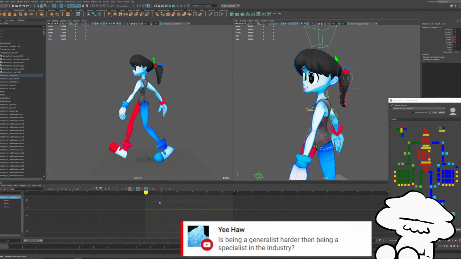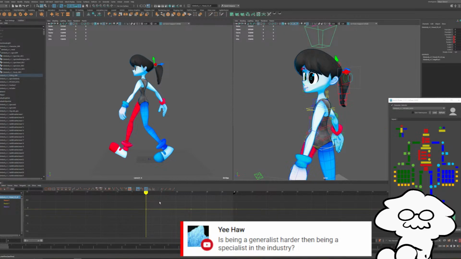But if it's a game studio or an animation studio, they need a specific skill set, and they're going to be looking for people who only do that specific skill set, and it can be hyper specific.